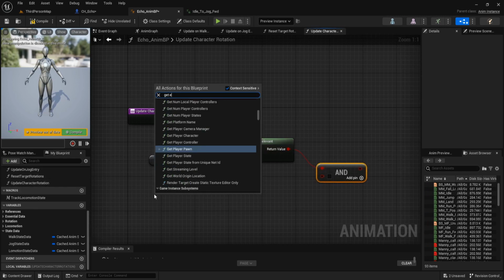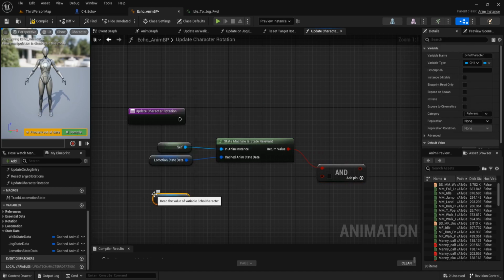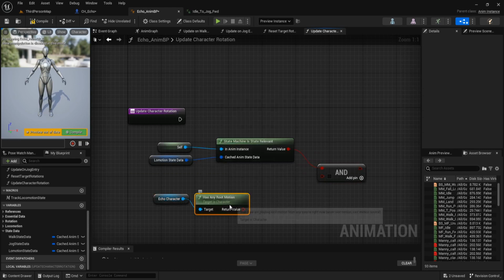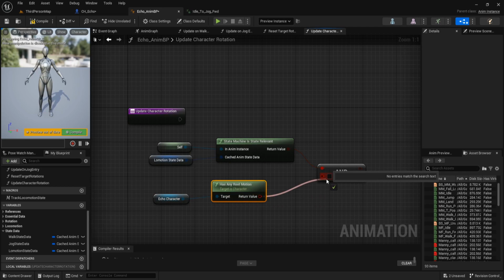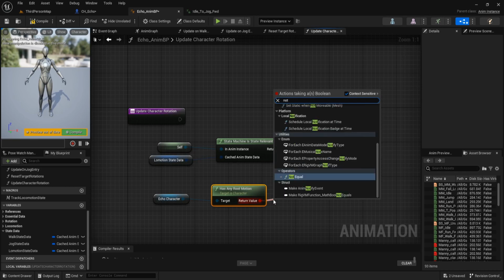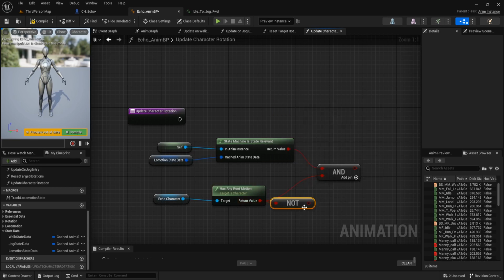Get echo character and call has any root motion, connect it to the end. We have to call not boolean before we call end.